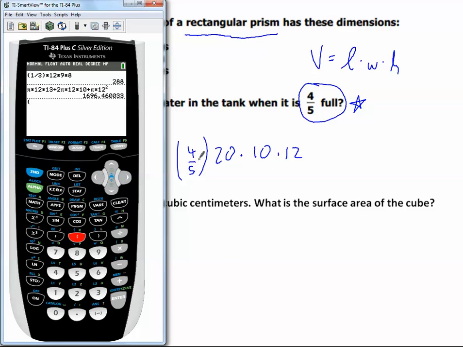So, again, fractions go in parentheses. That's the most important thing to remember. 4/5 times 20 times 10 times 12. 1,920